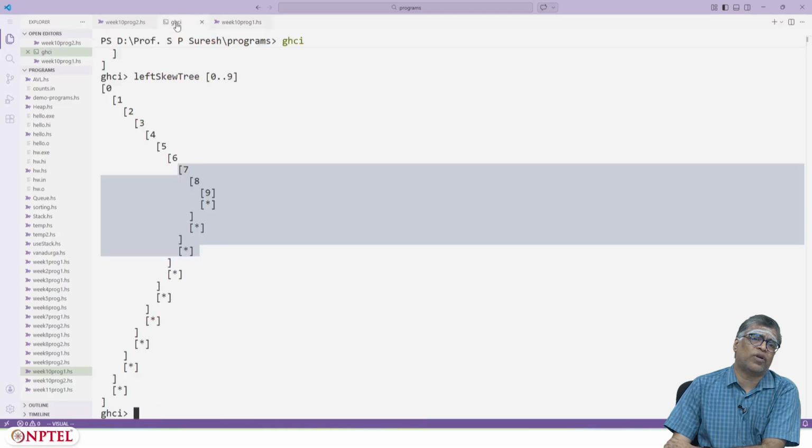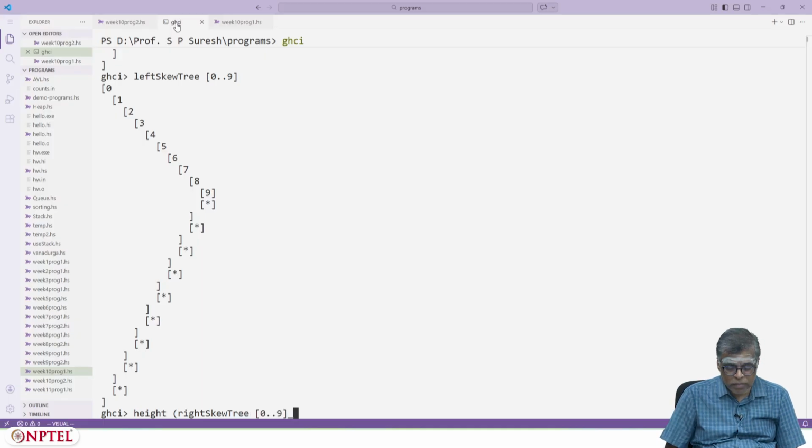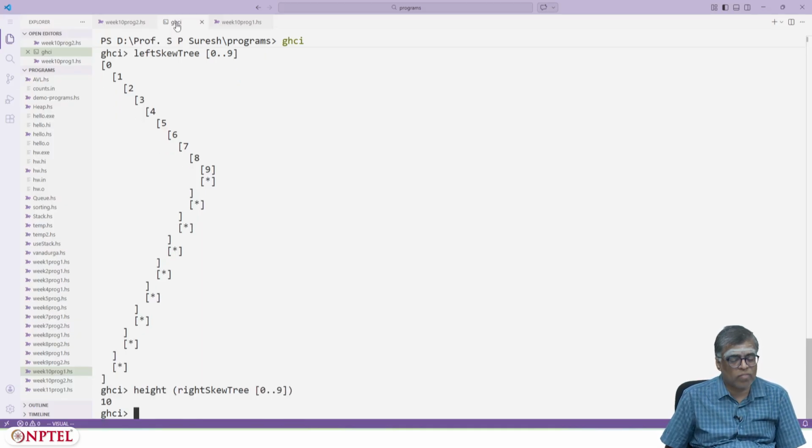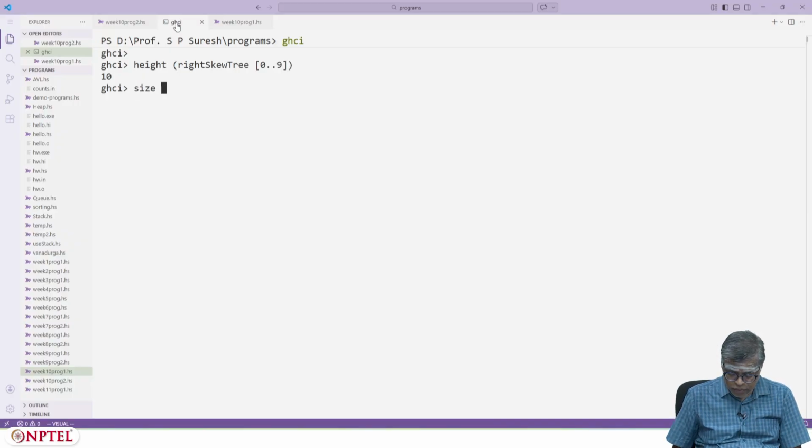So I can ask, for instance, the height of the right skew tree, so it's 10. I can ask for size of left skew tree 0.9, that should also be 10.